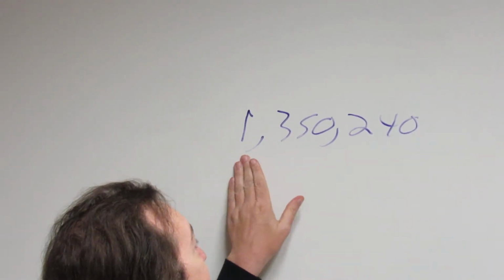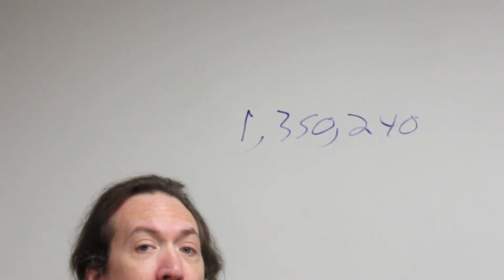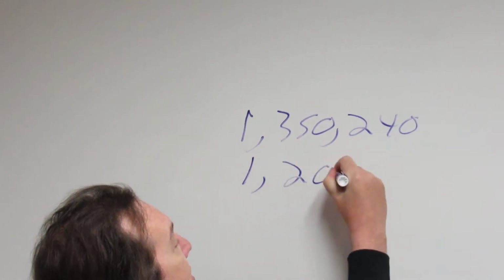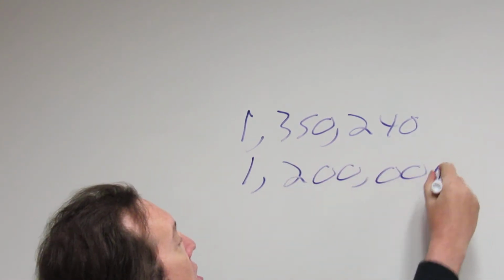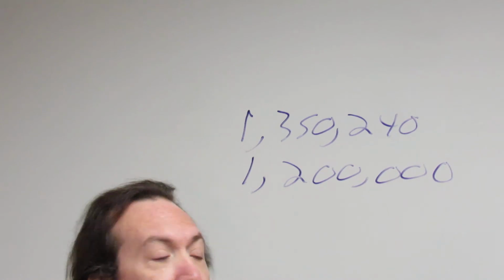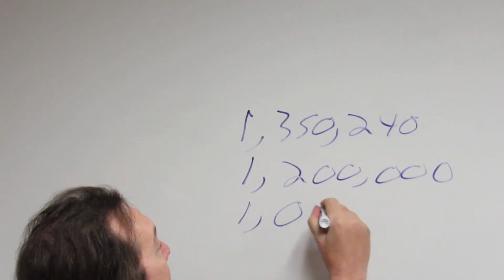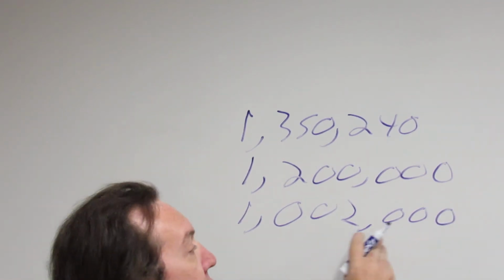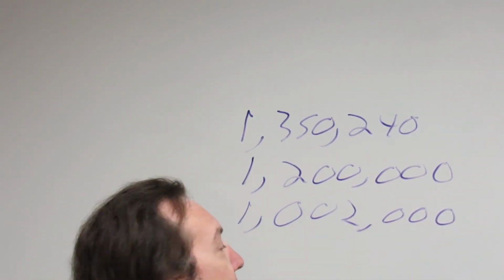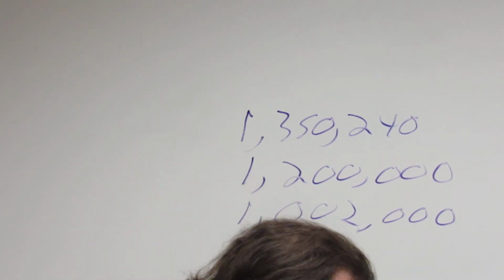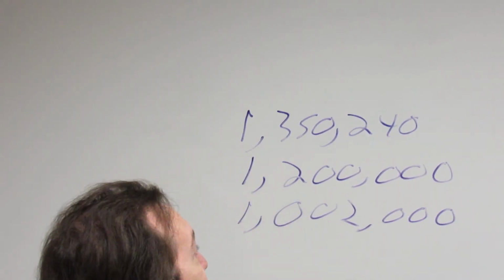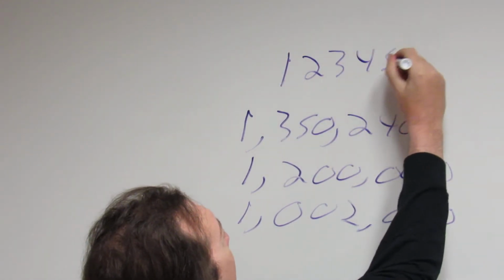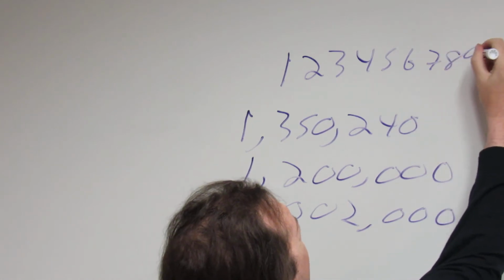And the way you would read this is 1,350,240. If you have something like this, you would read it 1,200,000. If you have this, 1,002,000, it'd be 1,002,000. As far as place value, let's say that we have 1, 2, 3, 4, 5, 6, 7, 8, 9